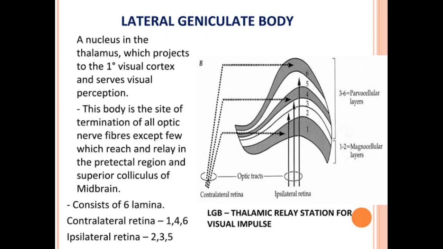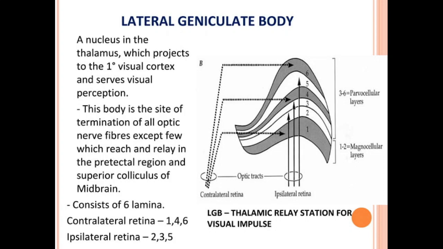Lateral geniculate body. The lateral geniculate body is an important structure in the visual system of the brain, and it is involved in processing visual information from the eye. In ophthalmology, the lateral geniculate body is of interest because it is the location where the optic nerve fibers from the eyes synapse with neurons